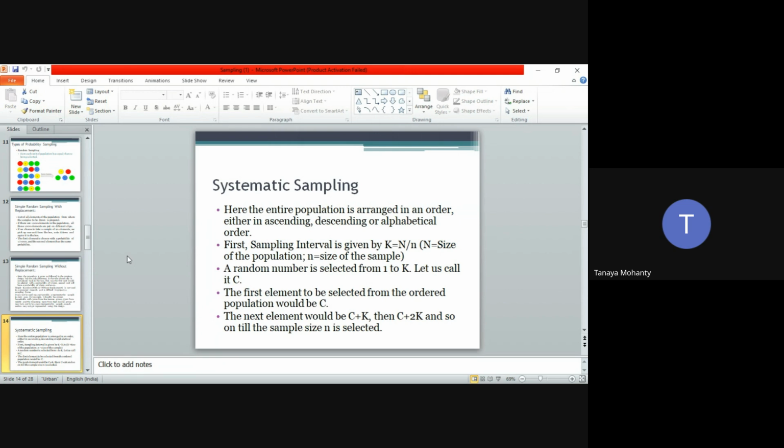Then the next sample would start after 10 elements. I will count 10 elements down the list, and the 11th element would be my sample. That is how I will choose my second respondent. For the third respondent, I will again count another 10. I will have an interval of 10, and say the 20th element would be my sample. So that is how I will go on selecting my sample size till I have reached the 10th element, because I have chosen my sample size to be 10. Got it?